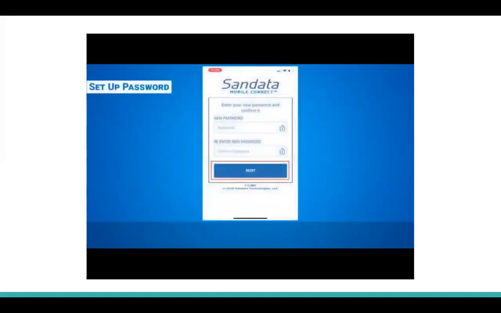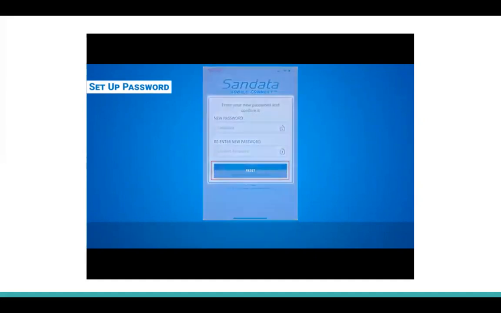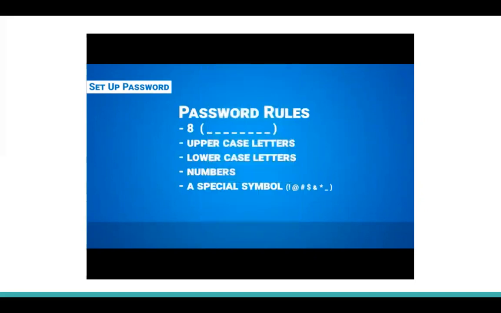When you finish answering your security questions, you will see a screen to create a new password. Pick an easy password. Use something that you will remember. Some suggestions are your son or daughter's name, a friend's name. You can choose a favorite color, favorite song. Password rules require that you not